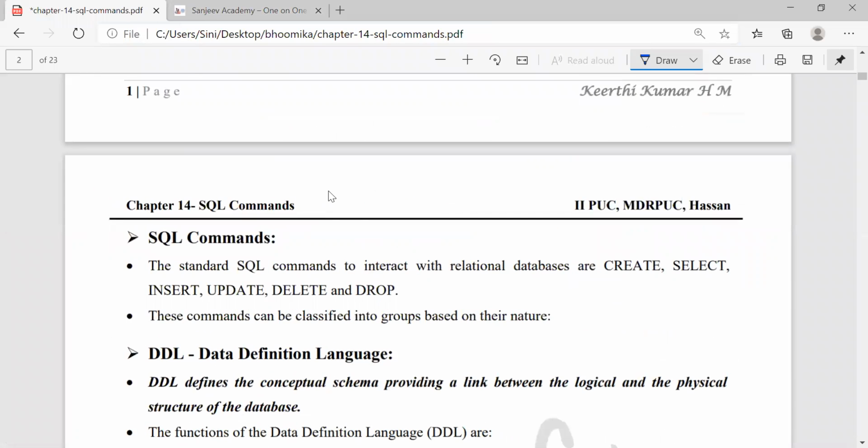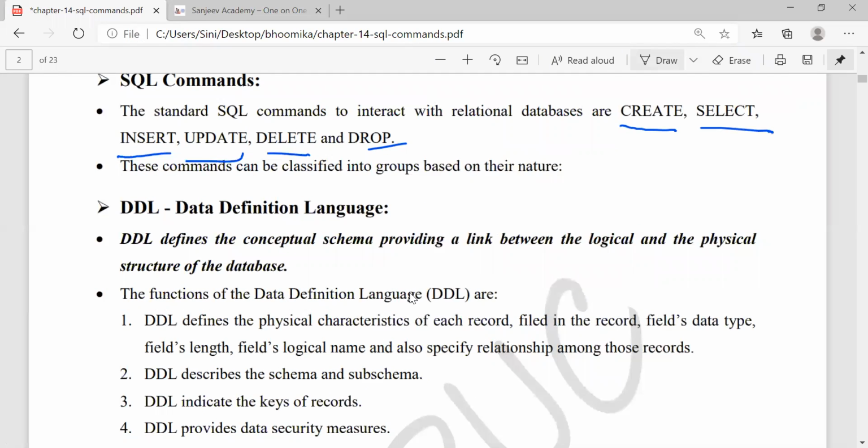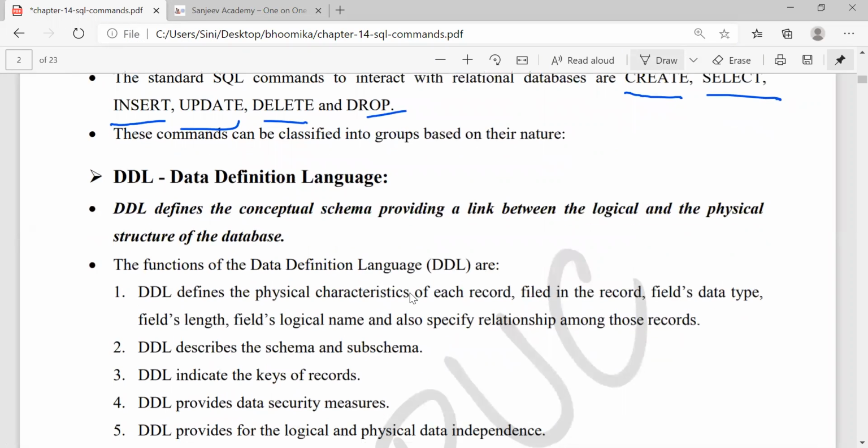To create, we use create. To select, we use select, then insert, update, delete, drop. Drop means completely deleting it out. I can classify these into several categories. That is DDL, data definition language. It defines a conceptual schema.